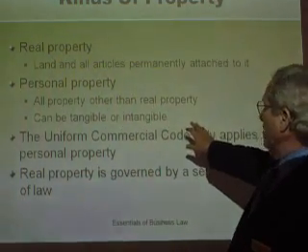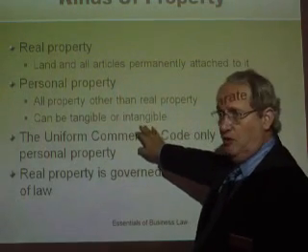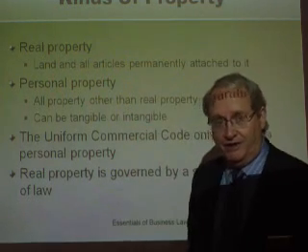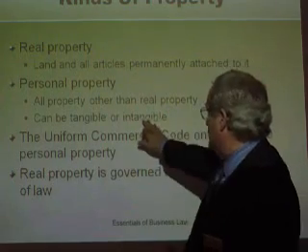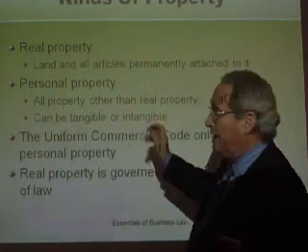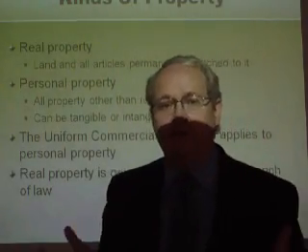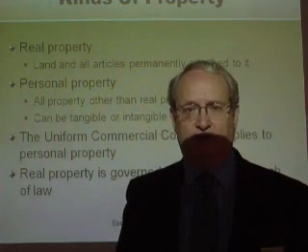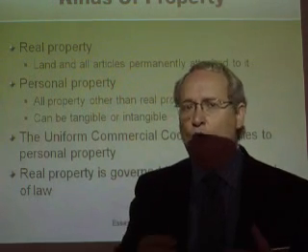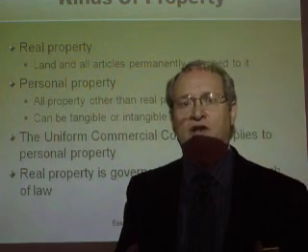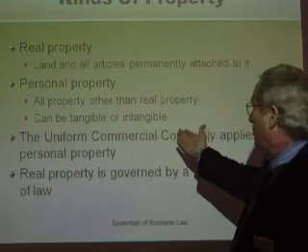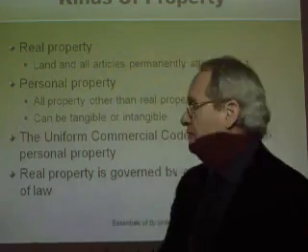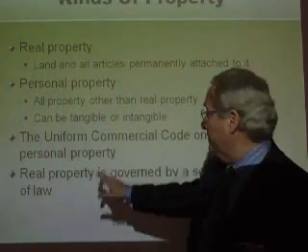Now, personal property can be tangible or intangible. You cannot have intangible real property. You can have a title to real property, which is intangible, but you can have tangible or intangible personal property. A great example of an intangible item of personal property would be an insurance policy, a life insurance policy, or an auto insurance policy. We know what it is that we're paying for. We know we're getting something that will protect us if the automobile is destroyed. But we don't have something other than the paper policy that proves that we have this